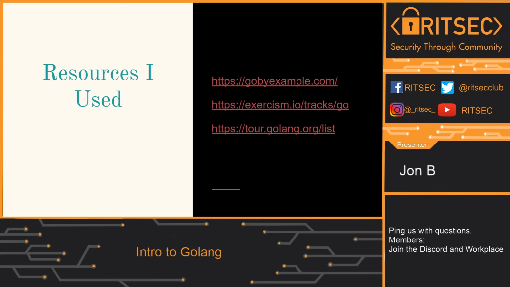Exercism.io is a really good way to practice a lot of languages. I used it a lot for practicing Go and just learning how to do Goroutines and data structures. I wouldn't say they have capture the flags, but they have a lot of tests on there. What you do is you write your program out and then you run it against their tests, and it will tell you if you passed or failed. So it's a really good way to get hands-on experience working with data structures in Go or other Go-esque functionality. And then also tour.golang.org is a way to practice online as well.